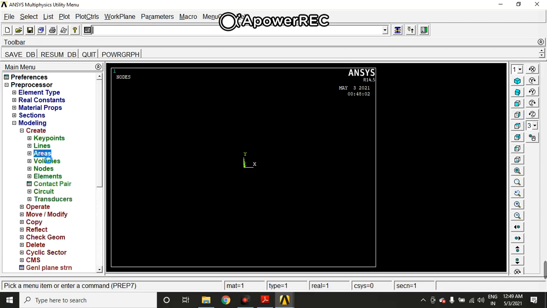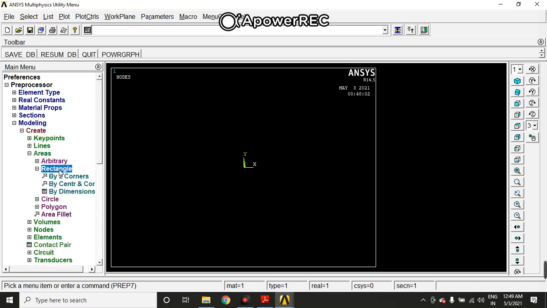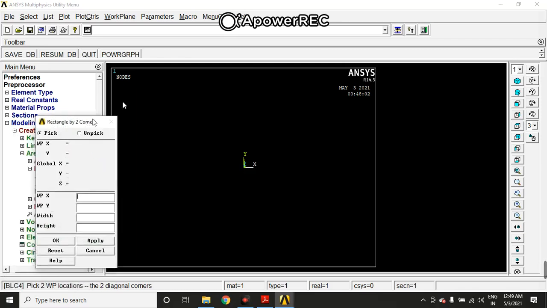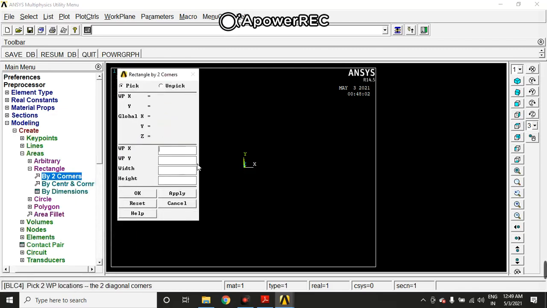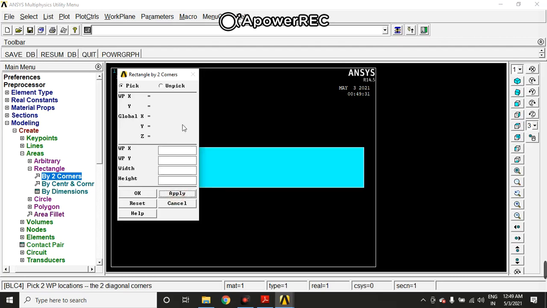Create areas, rectangle by two corners. Now over here you will have a new window in which you have to enter the coordinates from where you have to start the drawing, 0 0, and these are the dimensions of the rectangle you want. So this is how we have created the first rectangle. Click on apply.